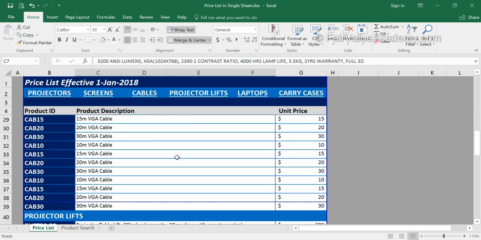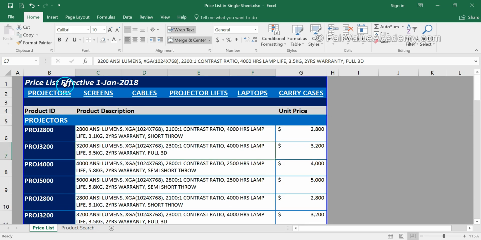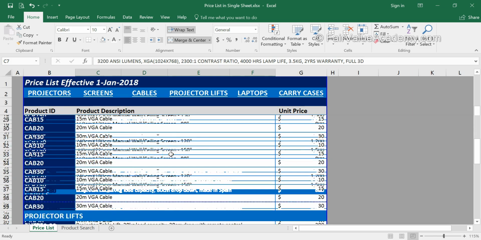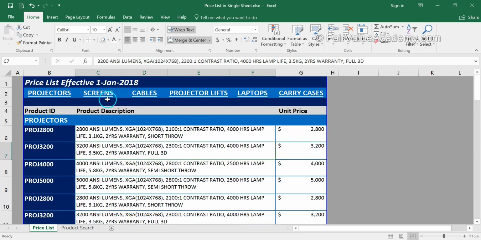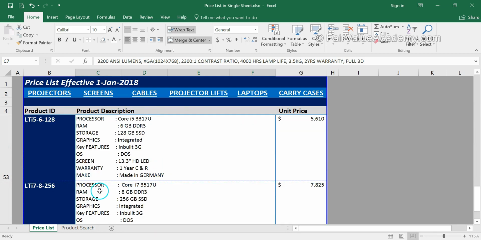As I scroll down in this sheet, you would notice that the first 4 rows, up to this row, remain stationary throughout the usage of the worksheet. So we will learn how to freeze the top rows for the title purpose. Next, we will also see how to write within a cell in a line by line manner whenever such description is required.